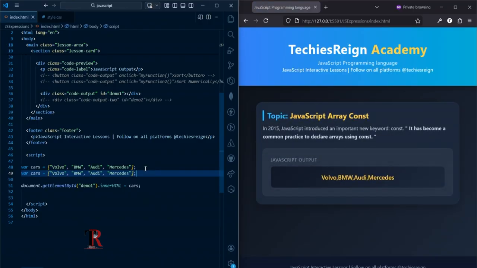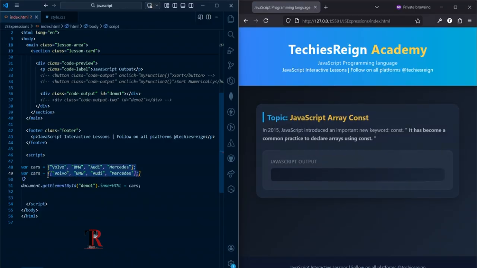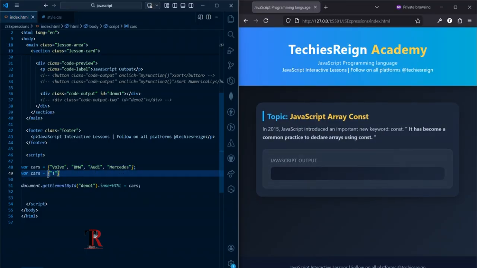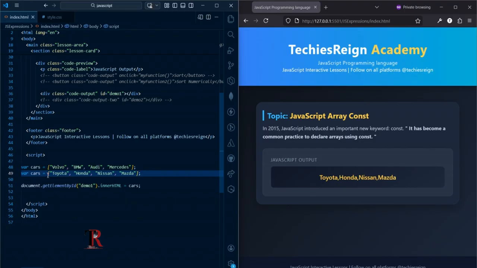I want a different name. I don't want this name. Toyota, Honda, Nissan, Mazda. Now you can see that the value of the array has changed. That is how the var keyword used to work. So this is allowed back in the days in JavaScript. You can redeclare it, but it is not a recommended way of working with